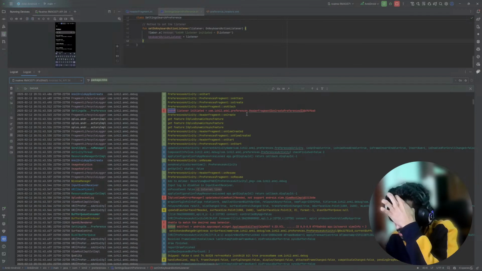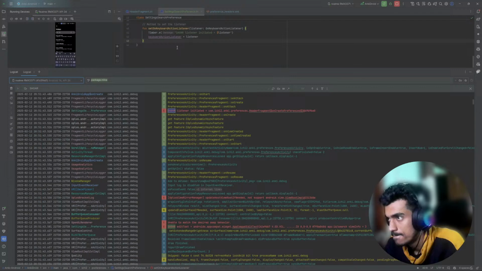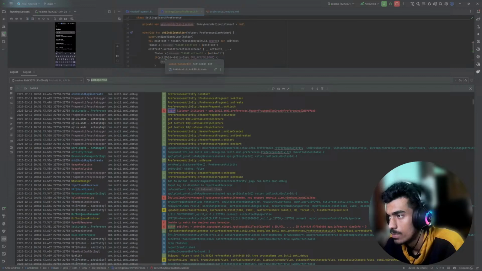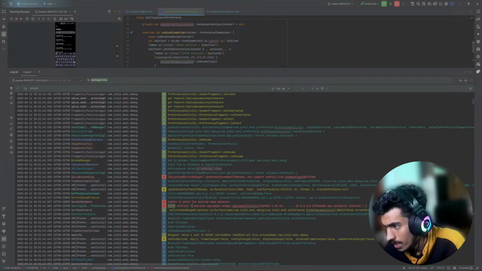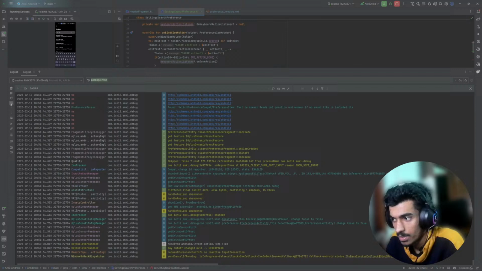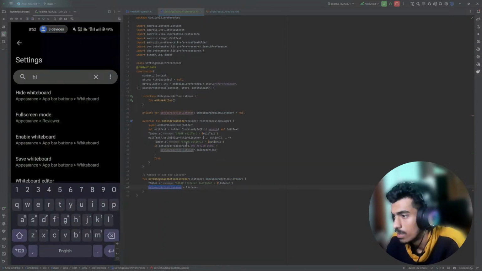Preference, we are setting the listener. And if edit text is then set app compared edit text. When we are clicking on the done button, then nothing is happening, and the reason is